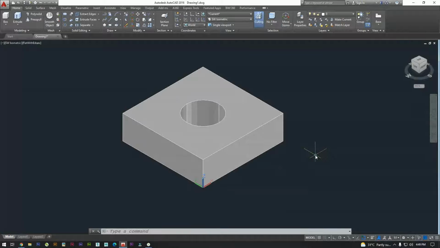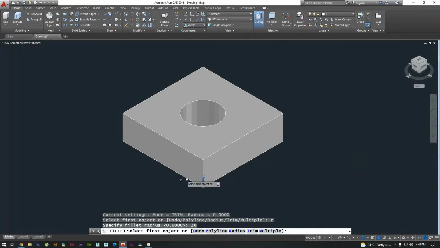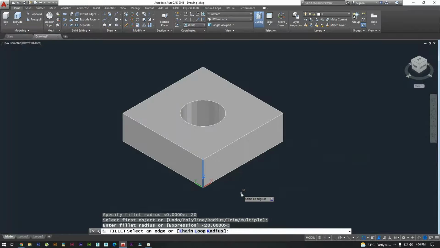So it's the command for fillet. Last 2-3 classes we were working with fillet. F enter, R enter, specify the radius, 20. This, enter, this, enter.